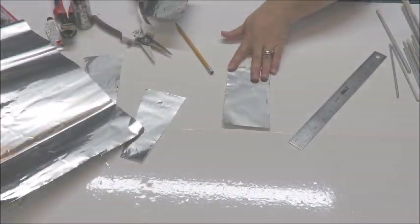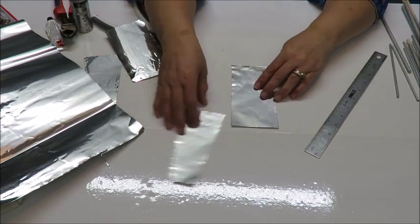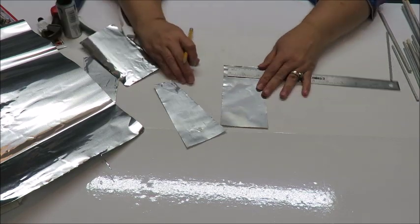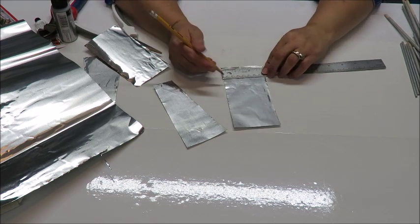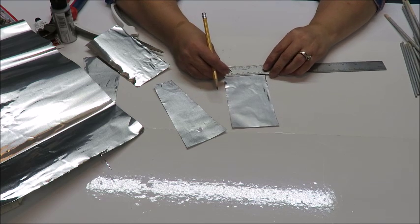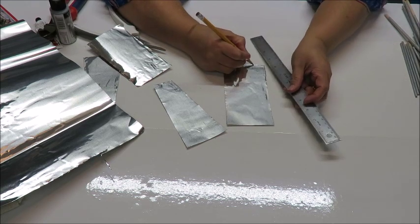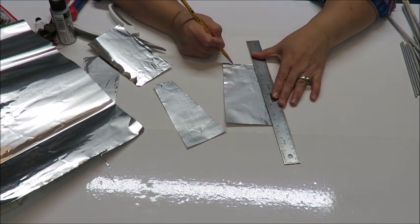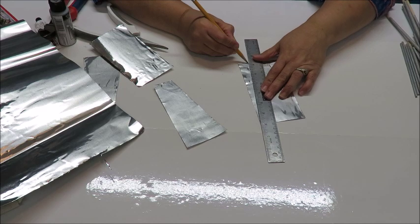Now, like I said, I want it to be 3 inches at one end and then 1.5 over here, just like this one here. So all I did was I actually measured in 1/4 inch right here, and then another 1/4 inch over here on the other side. And then from this little mark to the outer edge, make a mark there, and then you'll do the same thing on the other side, right here, all the way to the edge,